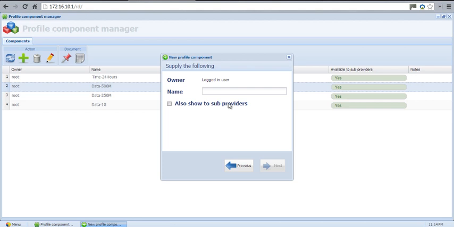So providers will be those that are in charge of different areas. So let's say you have a multi-area coverage, and you want different people to handle the providers. Of course, you can make it available to them. So let's go ahead and complete this for brevity's sake, and let's just say that the profile component will be